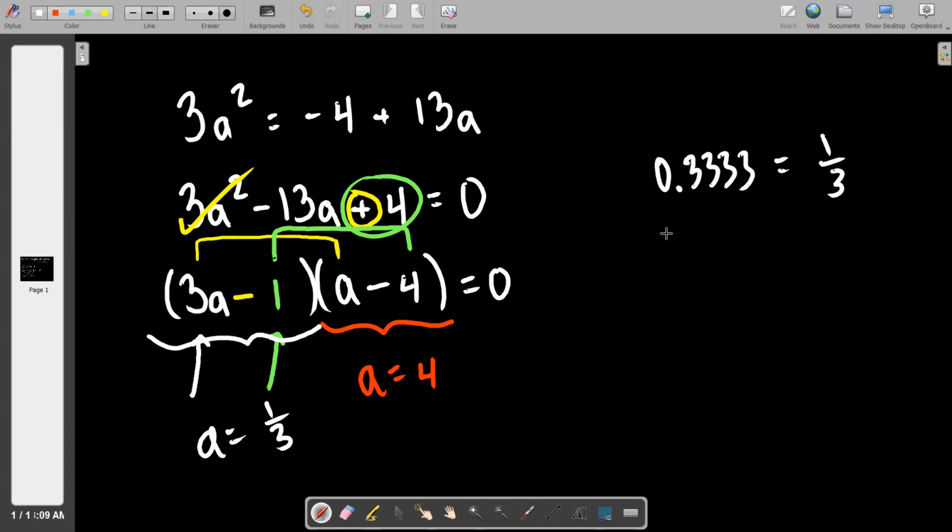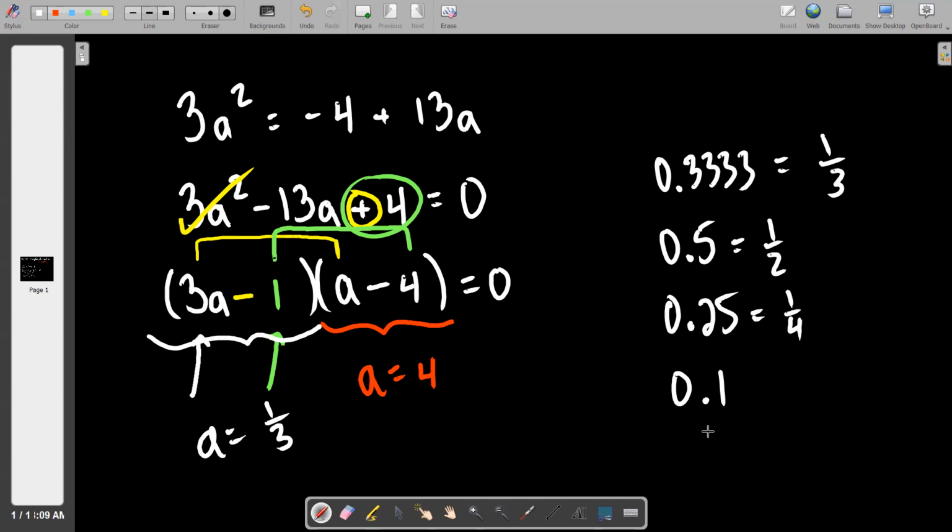What would we say if Desmos gave us like 0.5? This one we know. What's that? We would get 1/2. What will we say if Desmos gives us like 0.25? 1/4. What would we say if Desmos gave us 0.1? 1/10. What would we say if Desmos gave us 0.75? 3/4. Very good. So familiarize yourself with those basic decimal to fraction conversions, and you'll save time over your neighbor